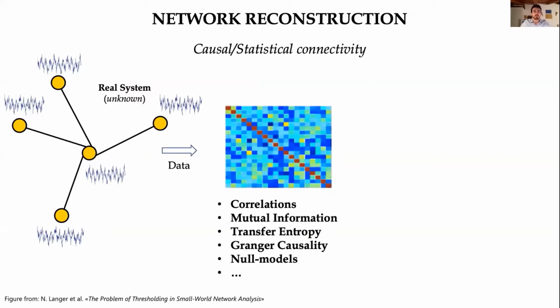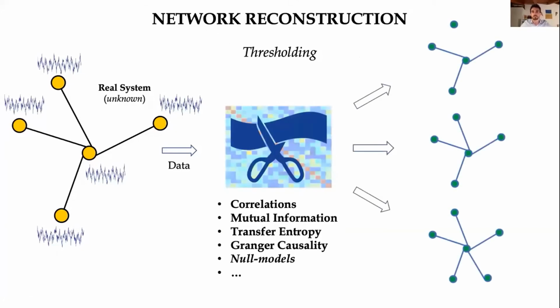In any case, the pairwise outcomes of this procedure for all the couples are rearranged in a connectivity matrix, like the one that you see here, in which the entry ij corresponds to the value of relation between subsystem i and j. According to the method employed, this matrix is then thresholded, and all the values below the threshold are set to 0 and the other to 1, so that we end up with a binary adjacency matrix and consequently a binary network. And the reconstruction is done, basically.